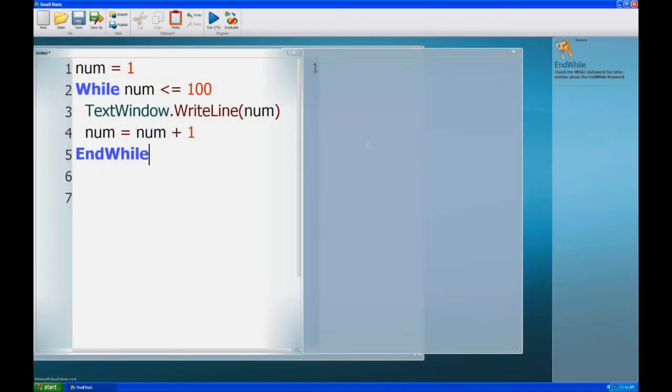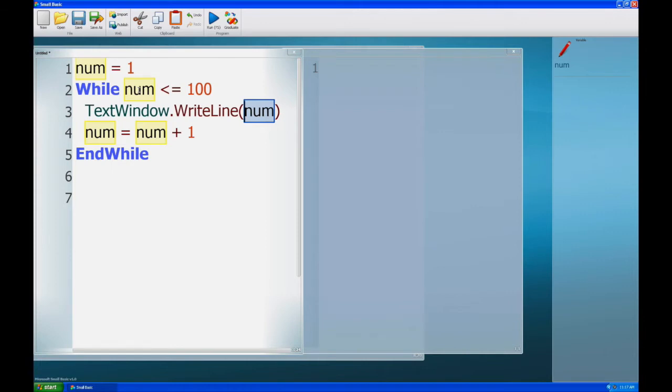So previously we've looked at while loops, and in this case we set the variable num equal to 1, and we said, well, while num is less than or equal to 100, we'll write whatever num is equal to. So in the first case it just writes 1, but then we add 1 to num by going num equals whatever num used to equal plus 1. So because it did equal 1, we add another 1 to it, so num now equals 2, and we run the loop again. And of course this stops when num equals 101 because it will no longer run the while